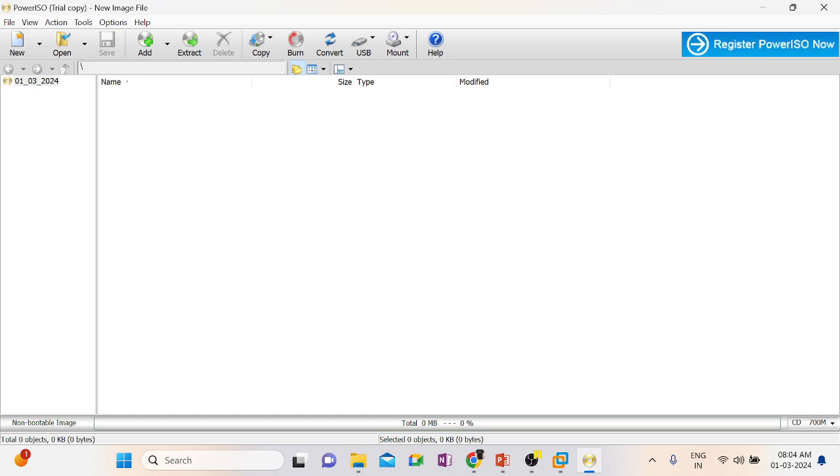So 1 GB means how many MB, guys? 1024. 1024 times how many GB did I want? 50 GB for the C drive, correct? If you do that, it is 51,200. So if you put 51,200 MB here, you will create a new drive of 50 GB for your C drive. See,